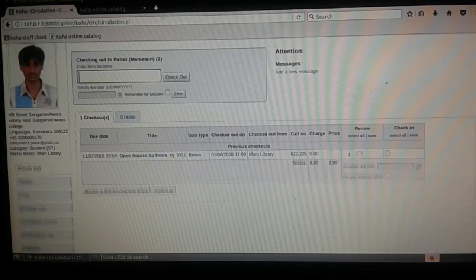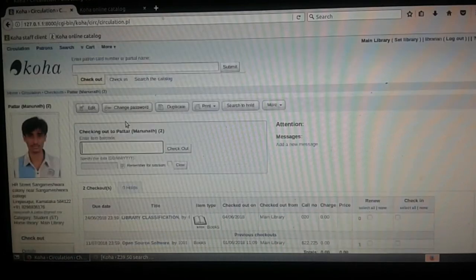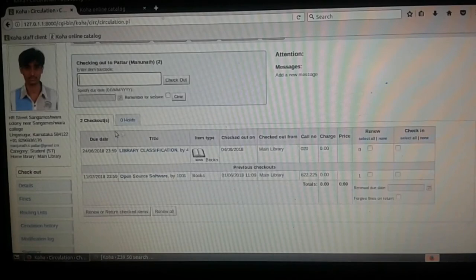Here are the details of the student. The item barcode, book status, the checked out on the